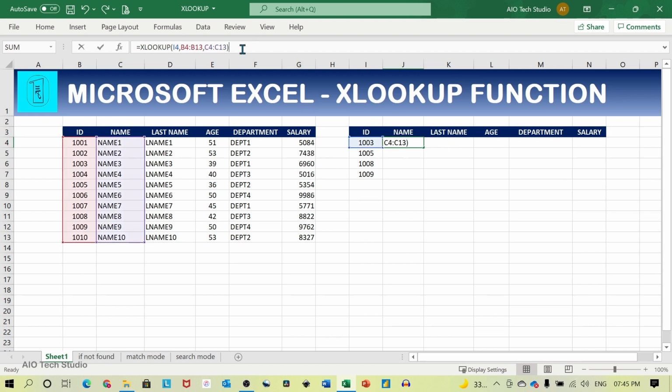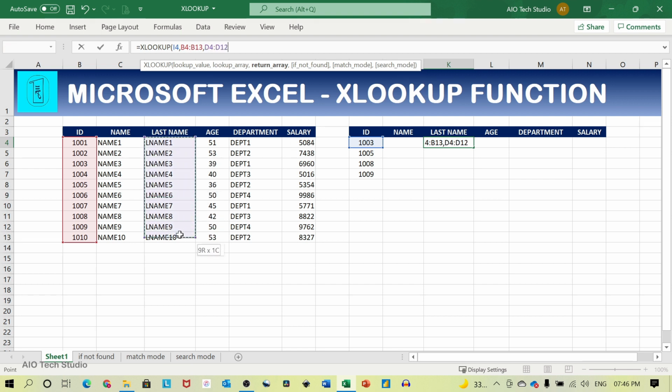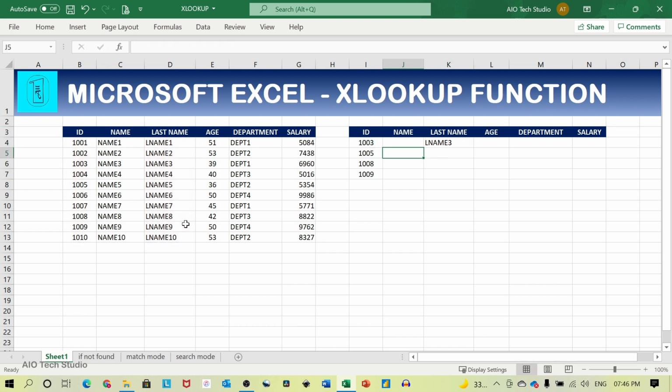Let's cut this formula and paste it here. But this time we will have to change our return array. So our return array will be the last name from the data set. Let's close the bracket. And we have returned the last name 3 from the data set.